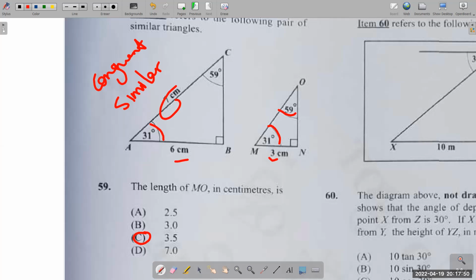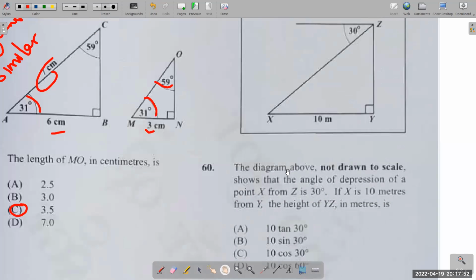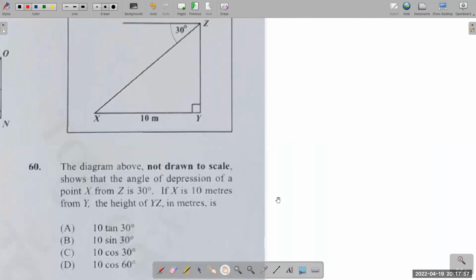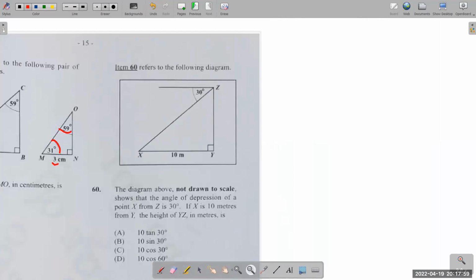Oh, this is the last question. And tell me no, we didn't do this already. Even without looking, I could remember the answer: depression angle. They want you to find the height. Anybody remember the height? Because remember, this is going to be 30, right? And so if they want this length, which is the only option here, it's the one that has tan,